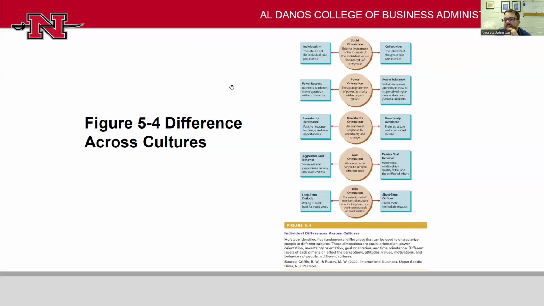And then finally, that time orientation I spoke about. It is a long-term outlook. Are we okay to be patient with our investment, for example, and willing to assume a very long payback period, or that rewards will come sometime in the distant future? Or is it more that I want to see a return every quarter, and if I don't, I'm selling this stock? Is it that kind of short-term outlook?